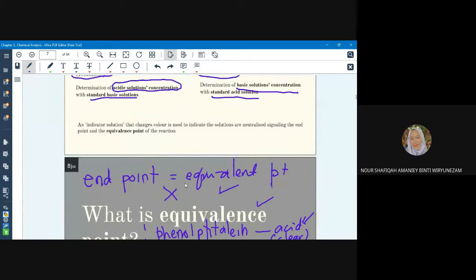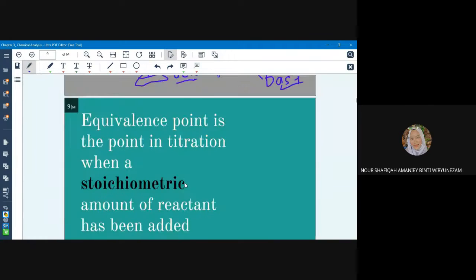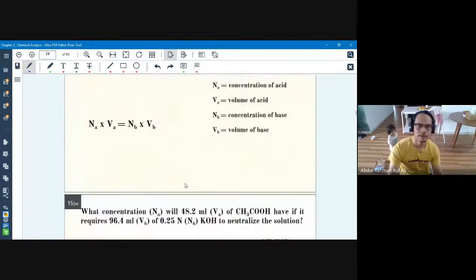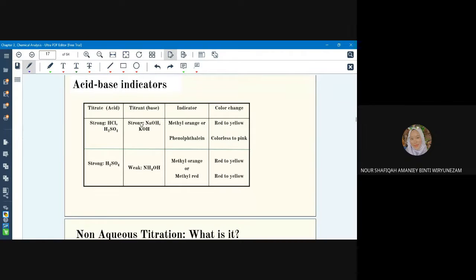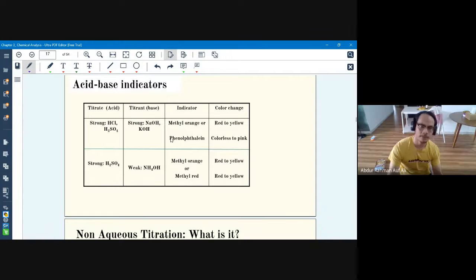Soalan Najiah tu macam ni sir. Dekat soalan quizzes tadi ada soalan yang phenolphthalein is a weak base, macam tu lah soalan dia. Tapi jawapan dia true. Tapi dekat kotak bawah tadi dua-dua strong. No. Ada weak dekat sini. Strong dengan weak. Strong, weak, strong. Tapi itu bukan untuk methyl orange or methyl red ke sir? Kalau kat atas ni phenolphthalein.